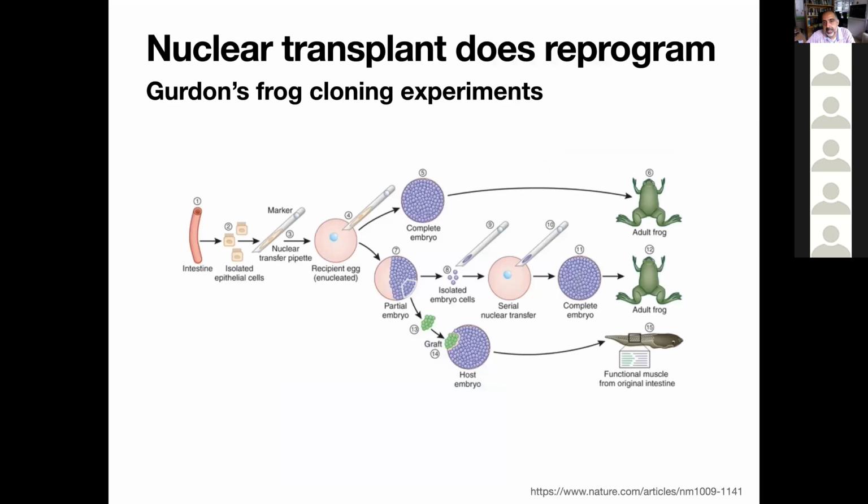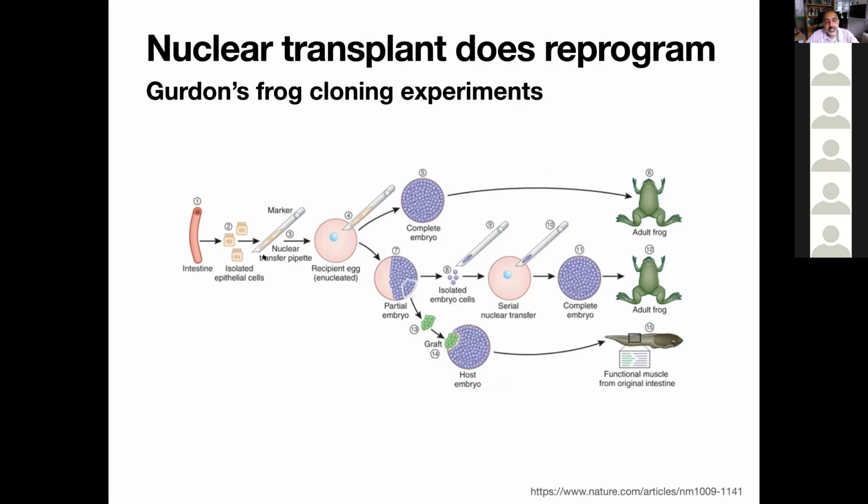Okay, let's talk a little bit about somatic cell nuclear transfer, and this is one of the first ways that it became clear that once a cell was differentiated, it wasn't necessarily a one-way trip. You could reverse that information as well. These are experiments done by John Gurdon in the 60s. What he did was to take an intestine from a frog,